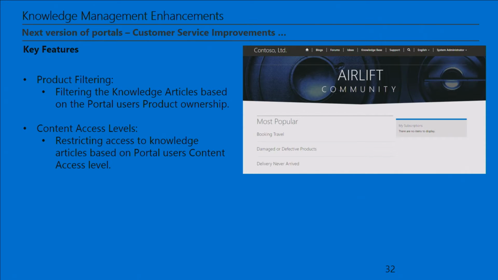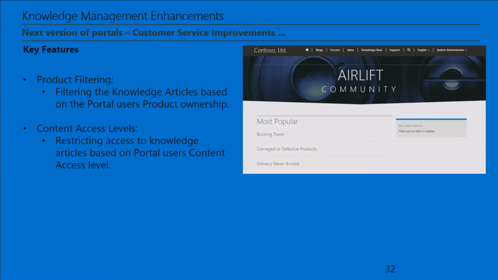Knowledge management enhancements include product filtering. We've got a lot of KB articles now in CRM. You can now relate them to products, and there are a couple of different ways you can relate it to the customer. You can do a straight relationship, or if you have a project or field service with an asset in it, you can configure how a customer owns a product in a number of different ways. Now the portal will filter the KB articles based on your ownership of that product or not, which does a couple of different things.